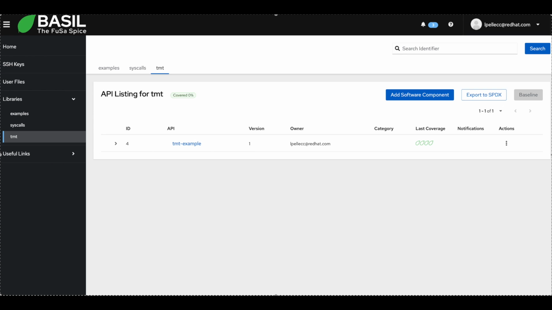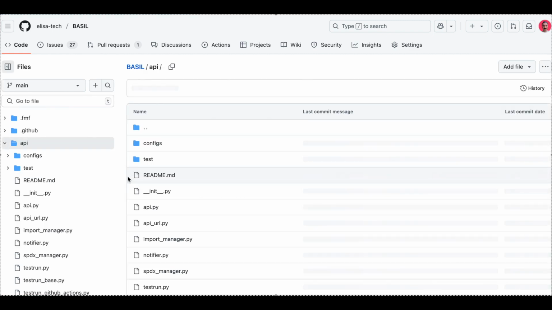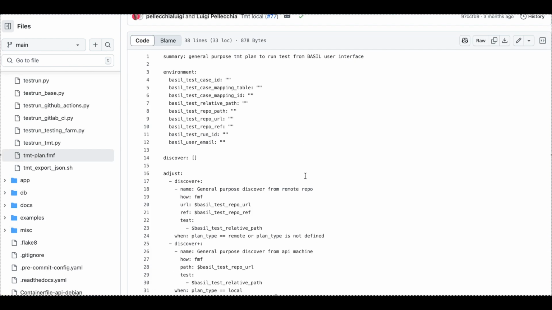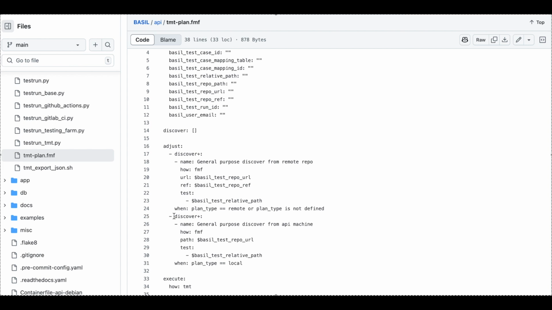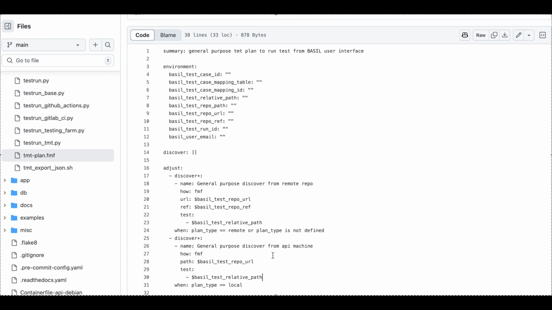First of all, let me say that BASIL comes with a default general purpose plan that is available under API test plan. The idea is that we can discover tests using environment variables, and BASIL is sharing a set of environment variables during the test execution to populate the discover step based on the test case that you defined